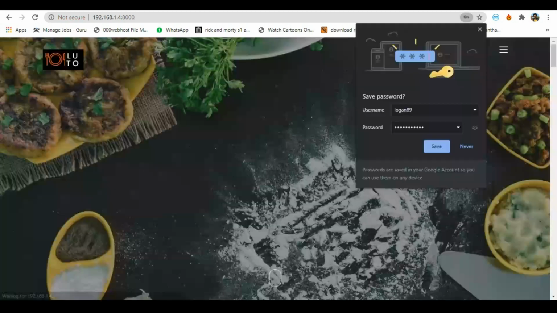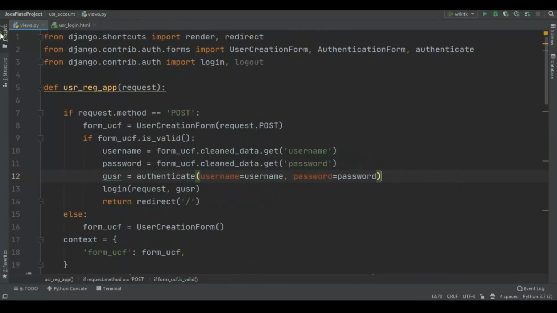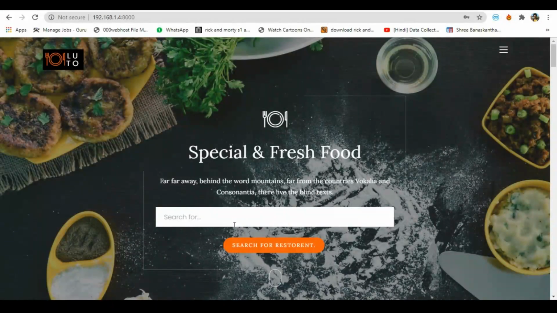So now what we are gonna do, we are gonna create the two databases, first for user and the second for restaurant user. We are gonna change user data next, but first we are gonna just create the restaurant user data. So let's say if you want to join the Joy's Plate, if you want to sell food in Joy's Plate, what you can do is go to my joysplate.com site and register your account. In the register you have to add your shop name, shop address, shop detail and so on. So we have to create the database for shop.